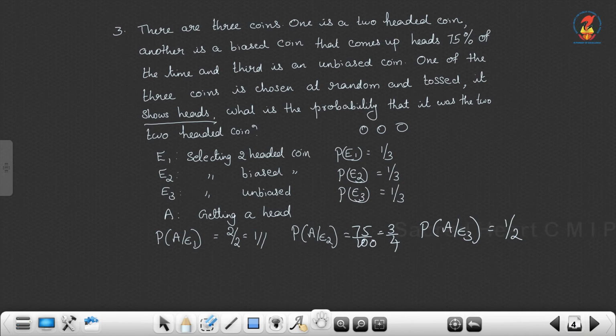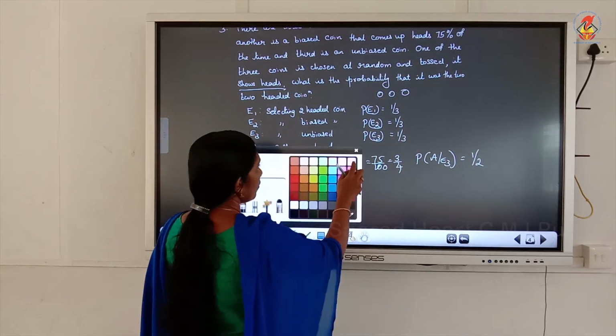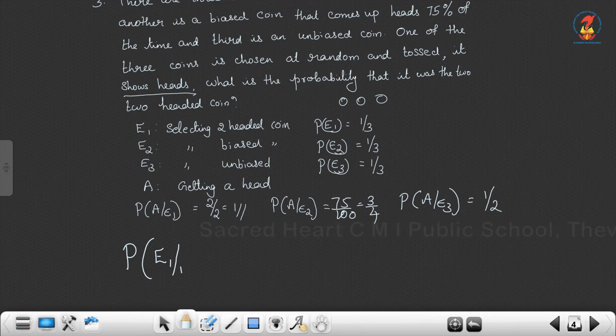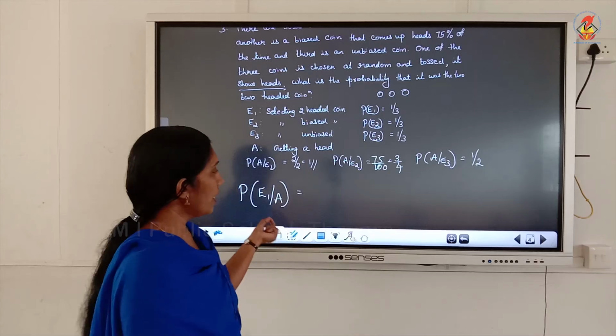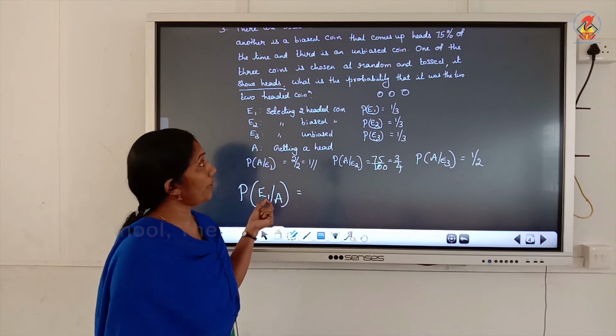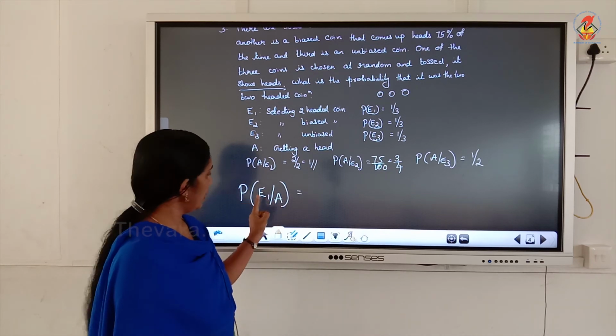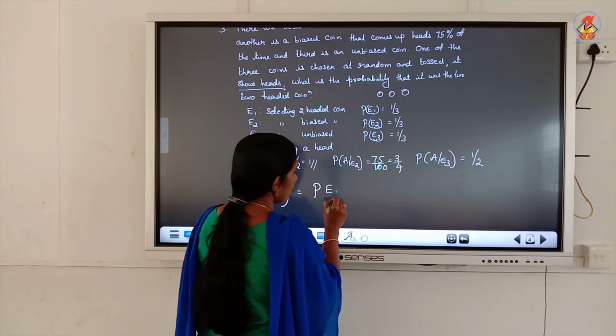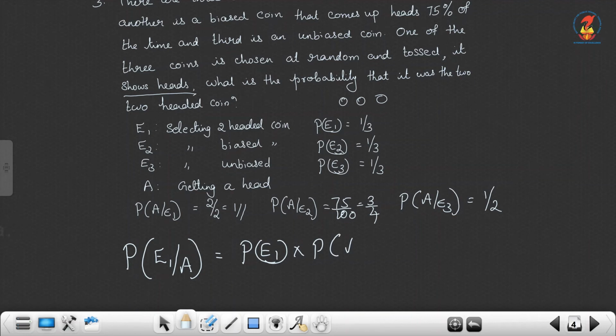Now what we have to find? We have to find E1 given A, isn't it? A means the coin shows heads, that we know. We have to find what is the probability that the coin was two-headed coin. Okay, so E1 given A. Now write the formula P of E1 into P of A given E1